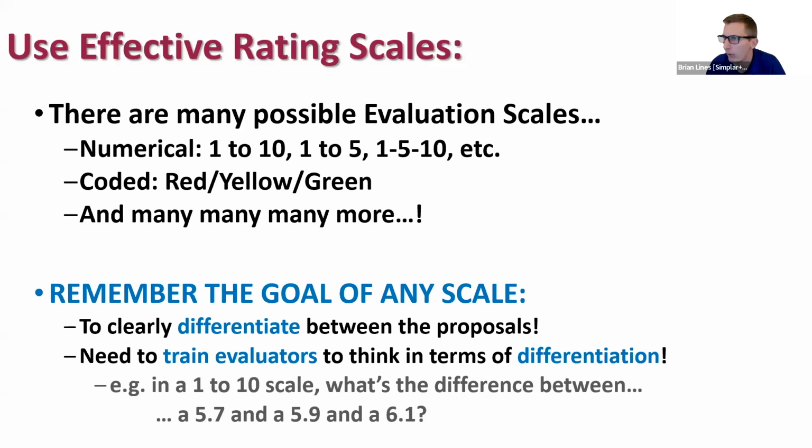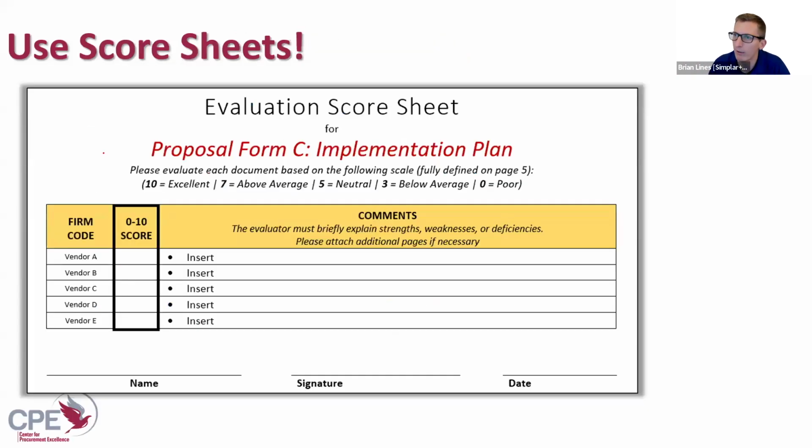We know others who use 1 to 5 or 1, 5, 10. We've seen color codes, red, yellow, green. It's a military thing sometimes, and many more ways of doing this. Not saying which one's best, just whatever it is that you're doing. So, a form like this shows 0 to 10. Whatever you're doing, you're just making sure this is neatly organized, tracked for your evaluators, so